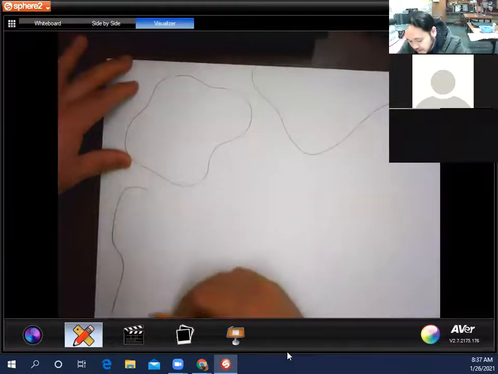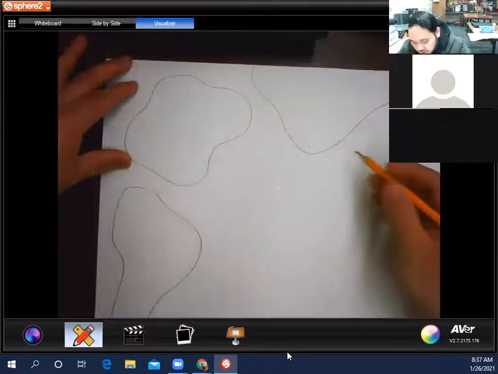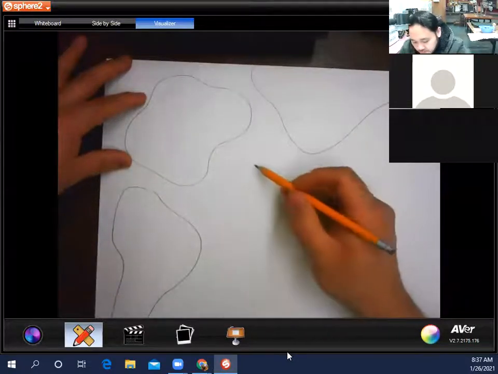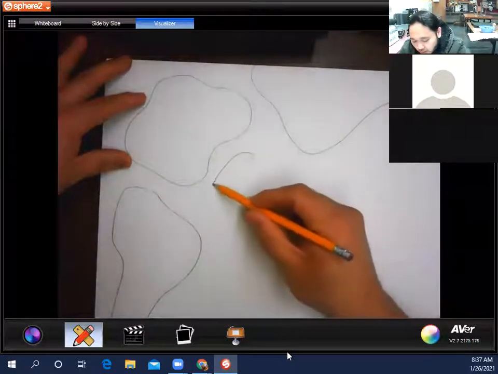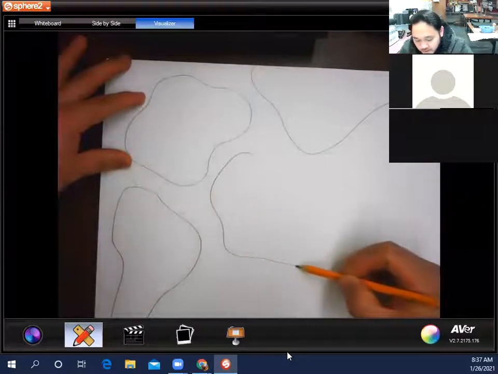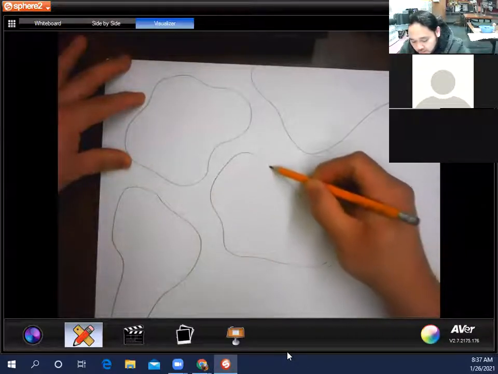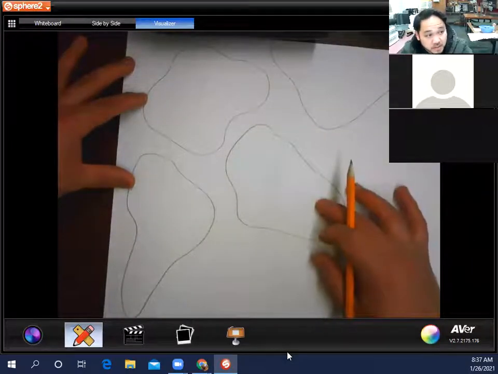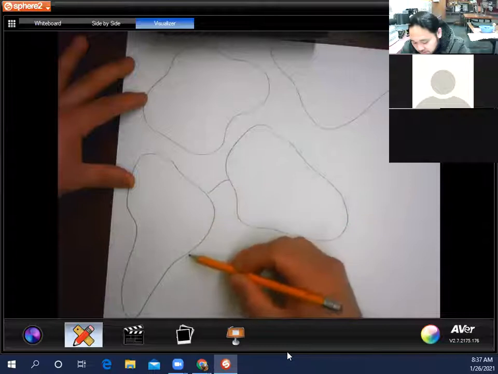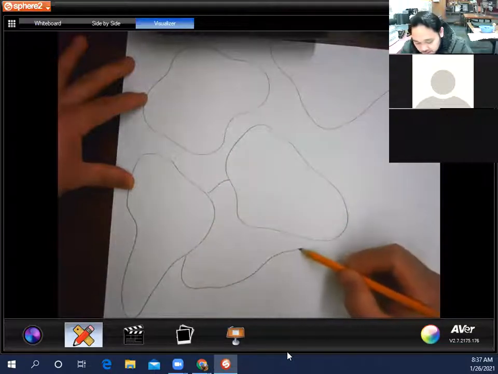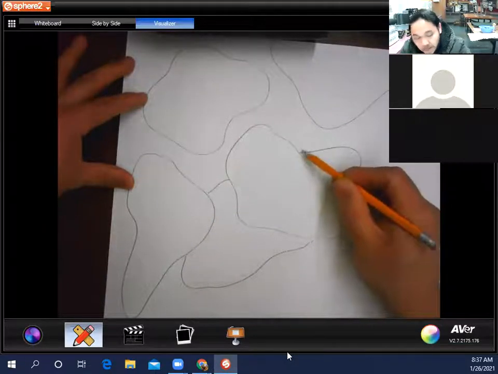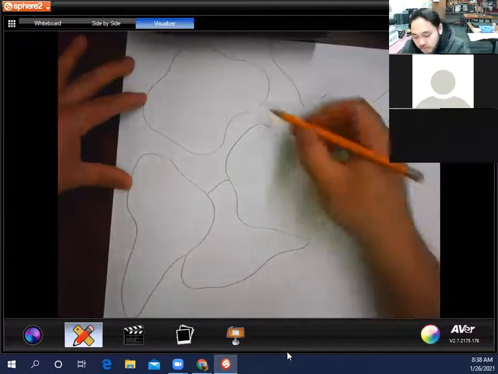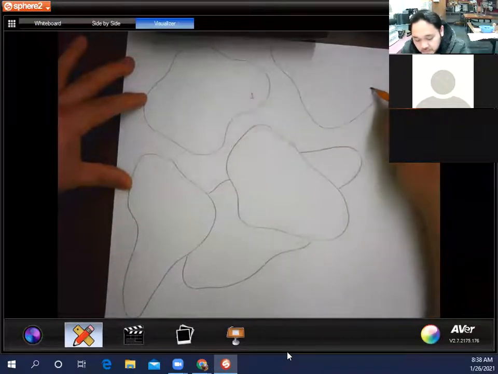Maybe I got like a little sharp T-bone steak shape here. You don't have to make these blobs look like anything that is recognizable. Sometimes you might even have a shape in front and then there's a shape behind, like that. So we have 1, 2,